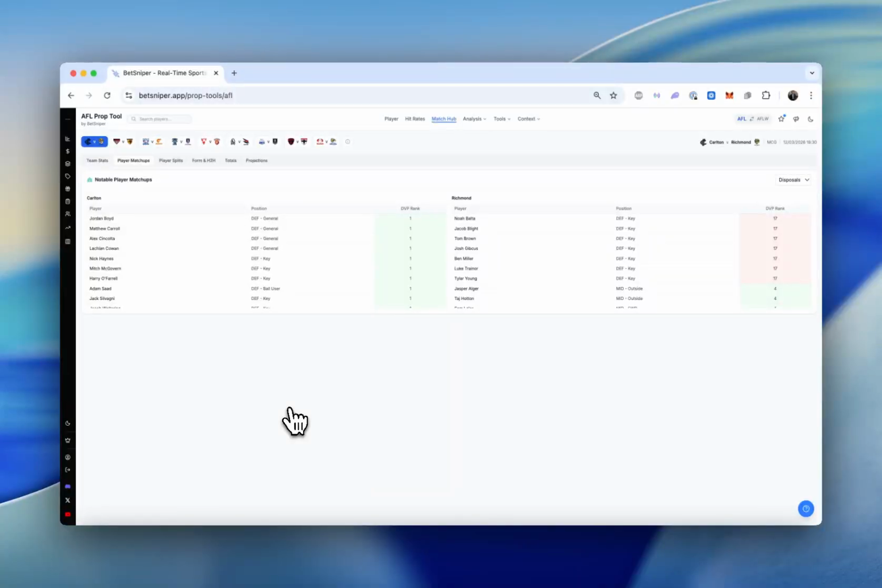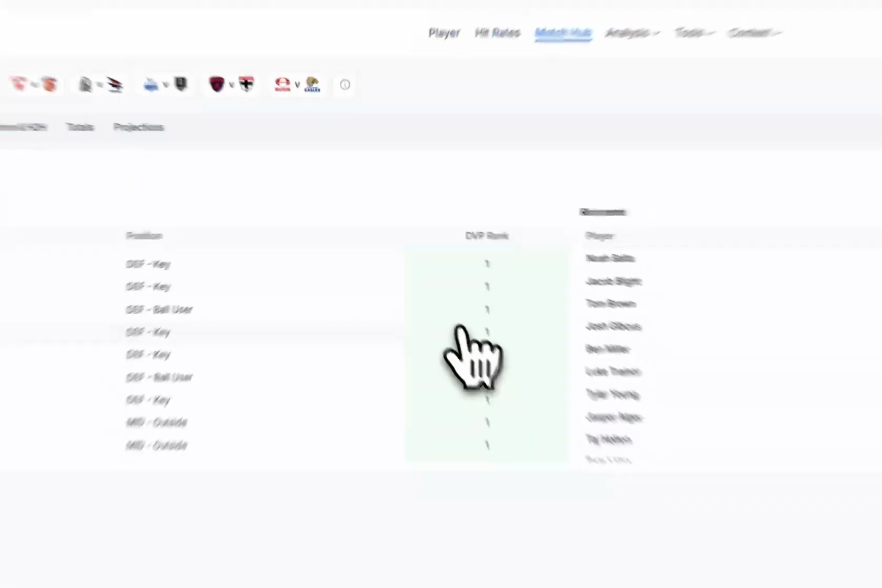This tab is showing you the notable player matchups, so this is also pulling in from our DVP page, which we'll go into a bit more detail in a second. But we categorize players into different archetypes or positions. And then this is showing you players who have a really good matchup,